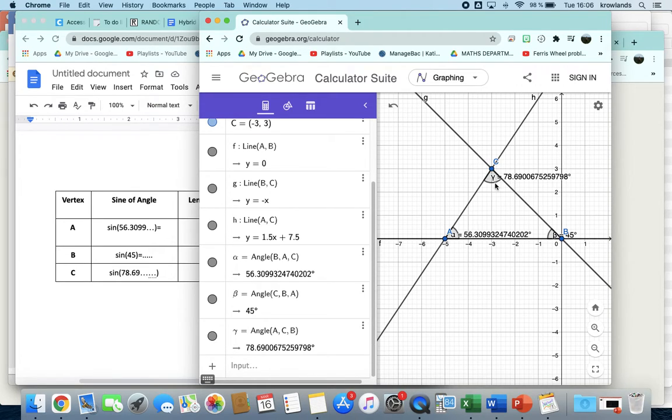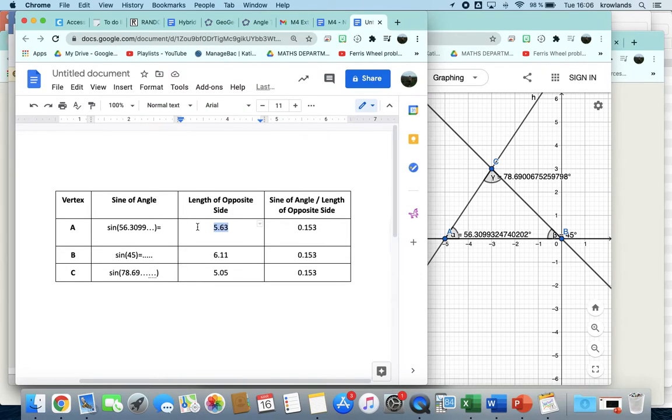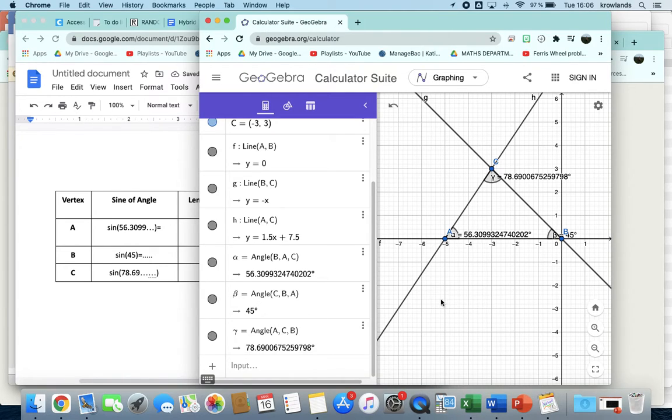Now, with this topic we're going to go on to, we're going to be dealing with opposite sides. So the opposite side to angle A is going to be the side between B and C. The opposite side to angle at B is going to be the side from A to C. So what you have to do then is work out the length of the opposite side. There are multiple ways to do this. First of all, you could